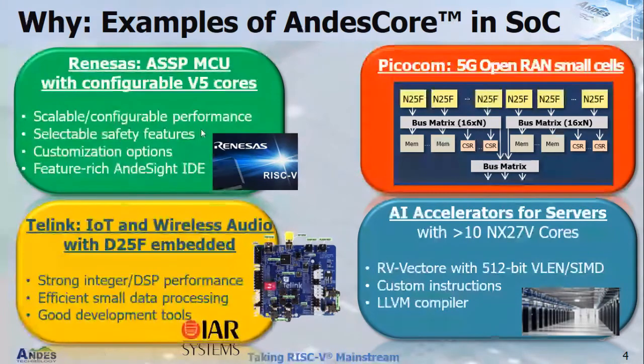Actually, Renesas has licensed several different cores from low performance to medium range performance, and they are putting them in their microcontroller units. So you will see ASSPs and ASICs very soon from Renesas with Andes RISC-V, and that will be millions of cores. So more people will get familiar with it, put their hands on it, and build